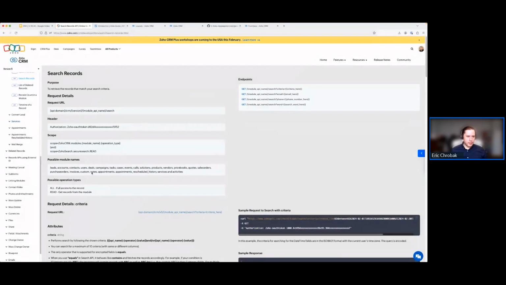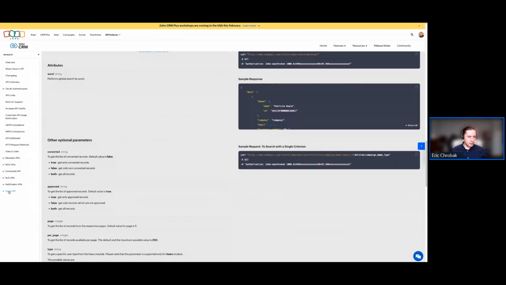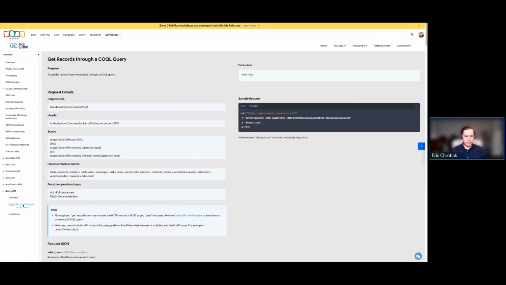So if you're searching for records, there's a specific access you need here, Zoho search.securesearch.read. That's if you're running a query using the search API. There's another common one, trying to get to the, there we go, the query API. The other common one that I use and that I've heard that people use is the COQL. This has its own permissions or scope needed. So you would add all of these in, add one, do a comma, add the other one, and then from there